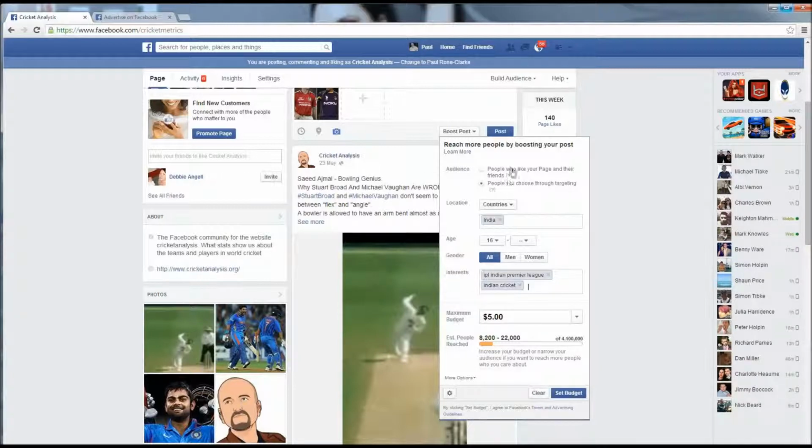Now you've got two choices up here which I haven't mentioned. People who have previously liked your page and their friends, so it will spread out from those, or people you choose through targeting. And once I've done this, I'm choosing people through targeting. However, what I will say is if you've built up a community and it's in the tens of thousands, if you want to kick at an open door and hit your established user base, and it's a big user base already and it's even cheaper, then going through your existing community by clicking this option is probably the way to go.